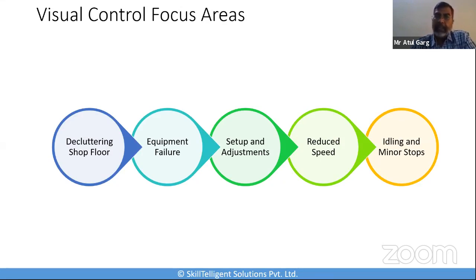They realize that they can put up a proper visual control system over here, which can identify the failures or losses, inform about what is not right, provide instructions for avoiding future failures, and be able to plan based on the information gathered. So these are the areas which they focus upon. They mandate their production manager to set up the necessary visual controls.